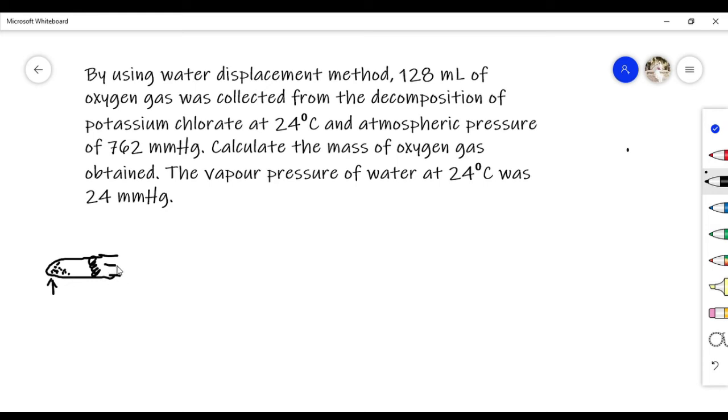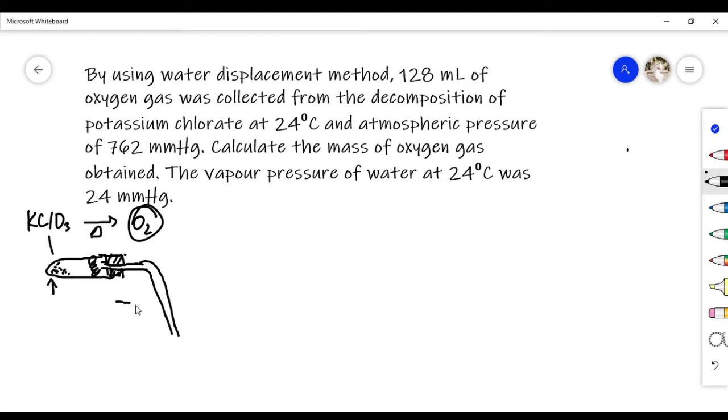And then kita ada satu capillary vessel panjang kat situ. Okay, so when this chlorate tu dia panas, okay, dia akan menghasilkan gas oksigen. Bila dia panas, dia akan release oxygen gas. Okay, so this is our main product lah. Okay, so apa yang berlaku, this tube dia akan bring ke bawah,